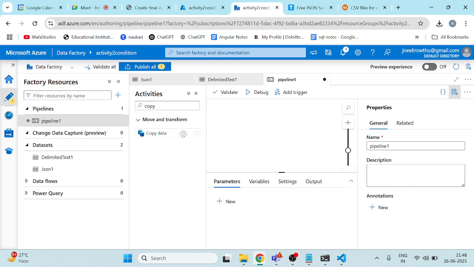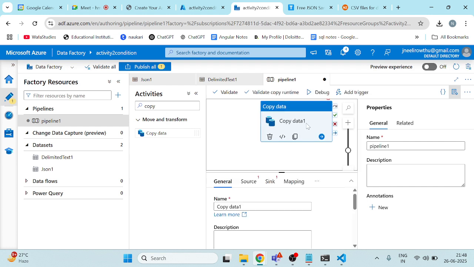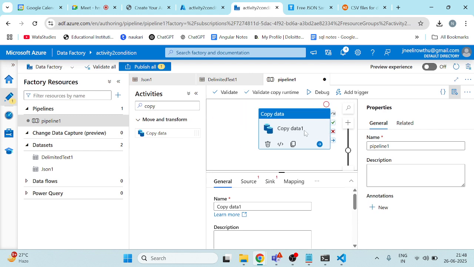This is the activity I'm taking here, so copying the data here. I have copied the data, and after that we need to take